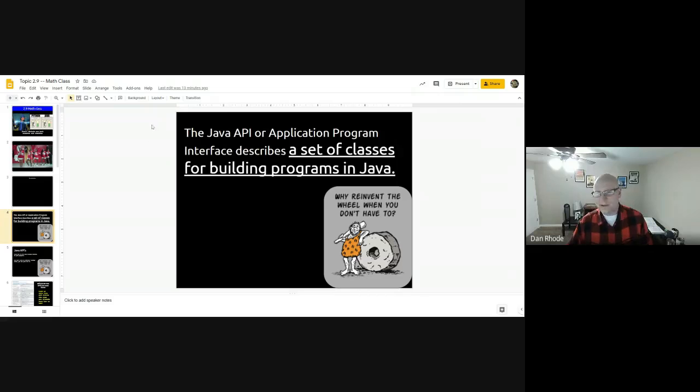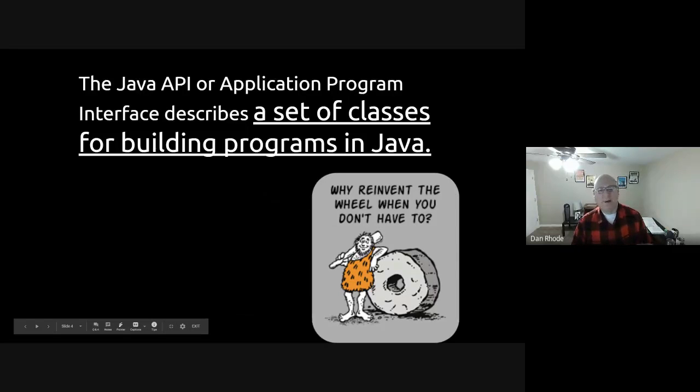Well, what's really cool about Java is it includes some free, they call them APIs or application program interfaces. These are a set of classes that are included for free. You don't have to import them. You don't have to add them. They're just there. And by using those APIs or those calls like math.random, you don't have to write a method